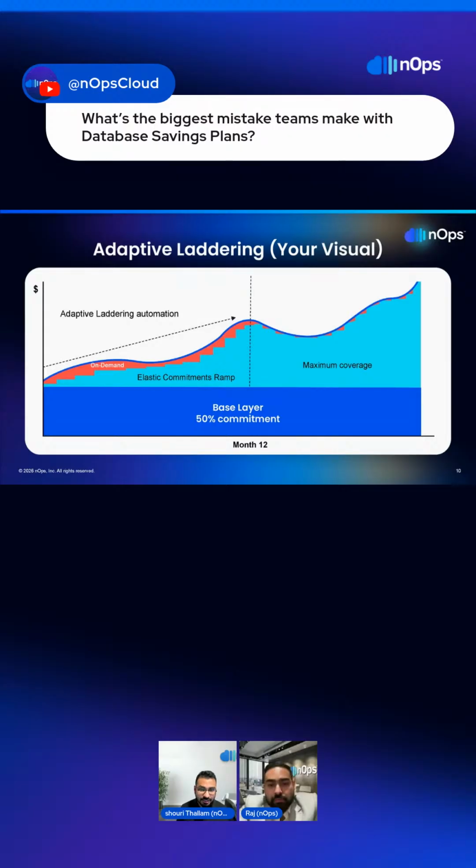So my high recommendation is that we are happy to help you analyze your environment and give you some recommendations on what you can commit for and what NOps can help you with. It will be a great partnership, so that we are not committing for everything and you don't need to pay for something that you can commit for. We will take the remainder and manage the remaining coverage for you. Those are a few ideas I would recommend, without you or your teams making a huge commitment risk.